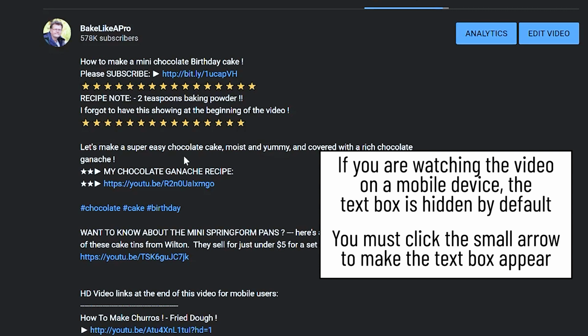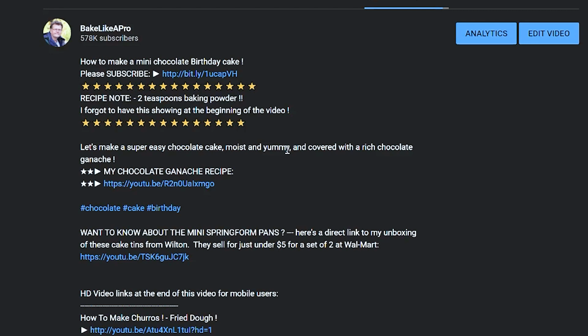In this example, somebody asked me, where is the recipe for the chocolate ganache that goes with the mini chocolate birthday cake? And the answer is right here. So all you need to do is just click on here. If you're on a computer, you click it with your mouse, or if you're on a mobile device like an iPad or a phone, you'll just simply click that with your finger and it will take you directly to that